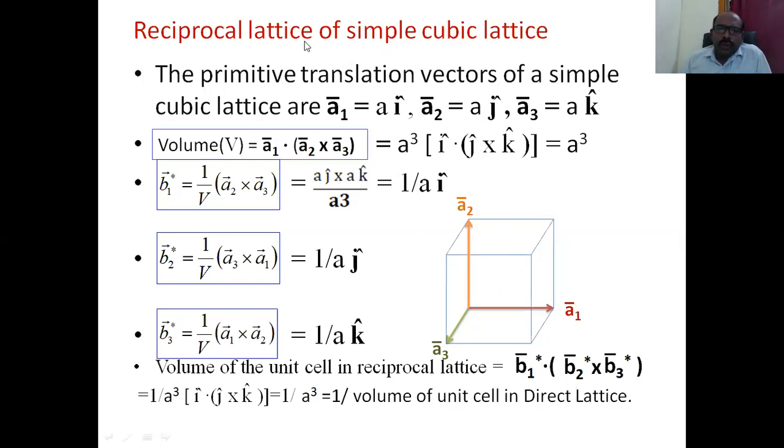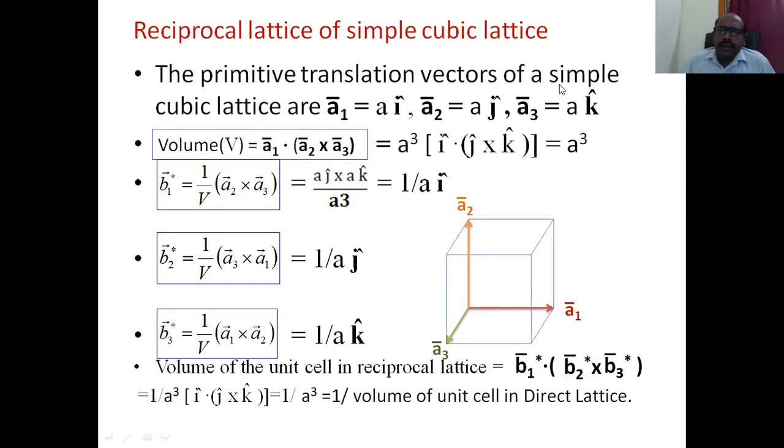So in a simple cubic cell, the number of lattice points per unit cell is 1 point, one lattice point or one lattice site. So those cells only are called primitive unit cells. Therefore, simple cubic is a primitive unit cell, and the basis vectors of this primitive unit cell we are taking as A1 bar, A2 bar, and A3 bar, and this one is along the positive x-axis.